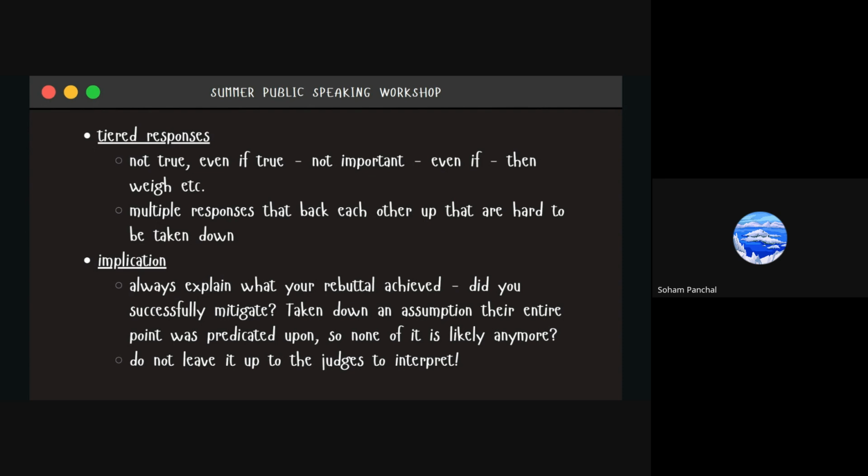That is a very big assumption taken on the side of the opposition. So first you take down that assumption,